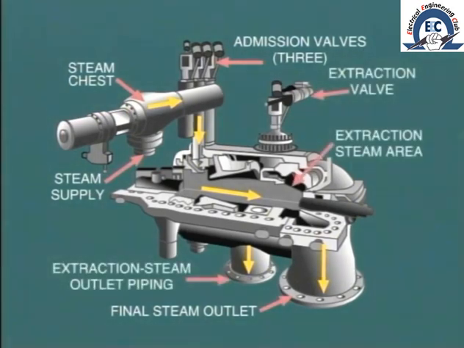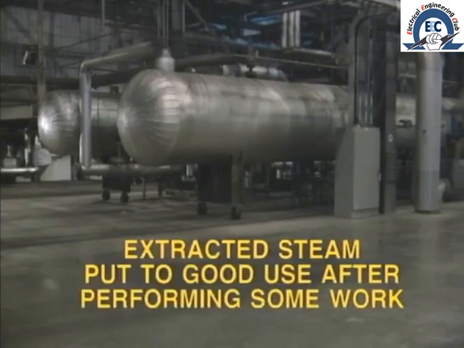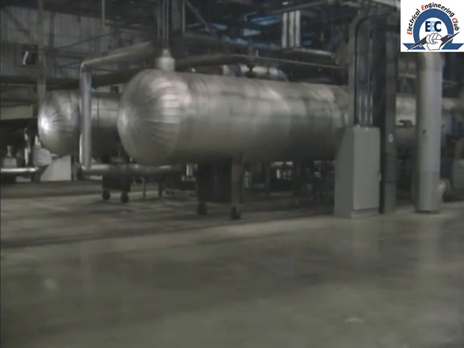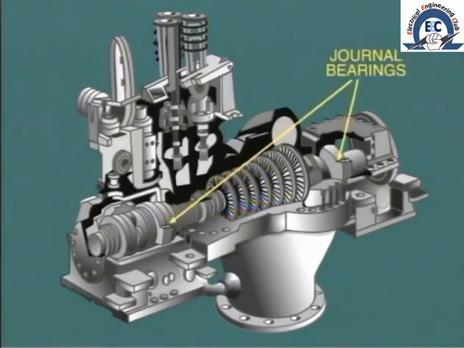At various stages along the steam path, steam is extracted from the turbine. This extraction steam is commonly used for feed water heating, but there may be other applications as well. The concept is that the extracted steam is put to good use after performing some work in the turbine. You will remember that we discussed this in the first tape in this series when we looked at efficiency. The turbine is supported on journal bearings, which